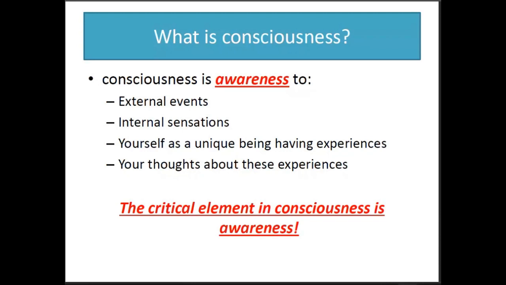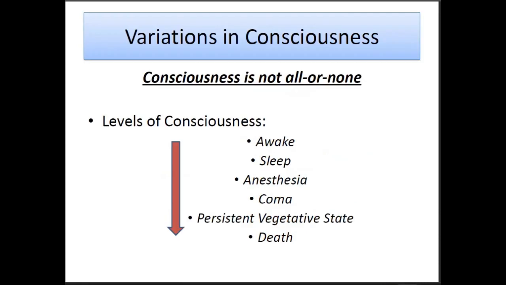So you are aware of yourself and external stimuli. And alertness means you are alert to whatever is happening. But the most important is awareness. So if you are not aware of the surroundings, then it means you are unconscious, and you can even be comatose. Okay, so consciousness, you can actually level it.